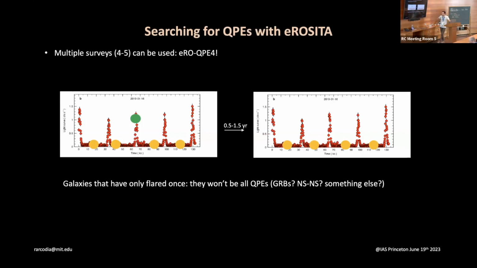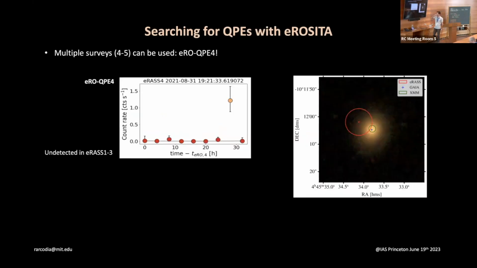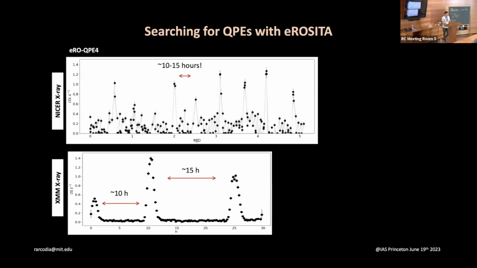But looking at where it comes from, it was still a compact galaxy, and now with the real data, this was fairly high significance. This galaxy wasn't detected for 3 surveys and detected in the 4th survey only in one of the scans. It was coming from a fairly compact galaxy. We thought, okay, let's give it a chance, and we got some data on it. And that's now eROQP4. So this is the NICER light curve, about 5 days of data with some bursts that